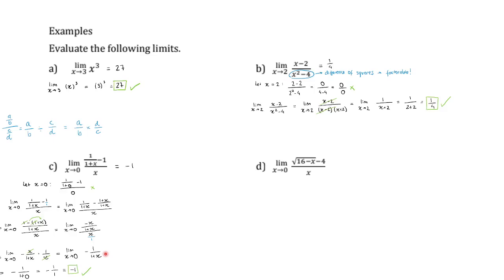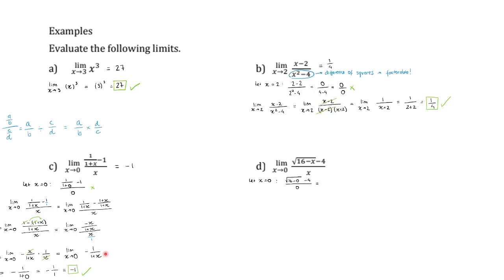And again, here we might try to directly plug in x equals 0. But if we do that, then we are going to end up dividing by 0, right? We are going to have the square root of 16, which is just 4, minus 4